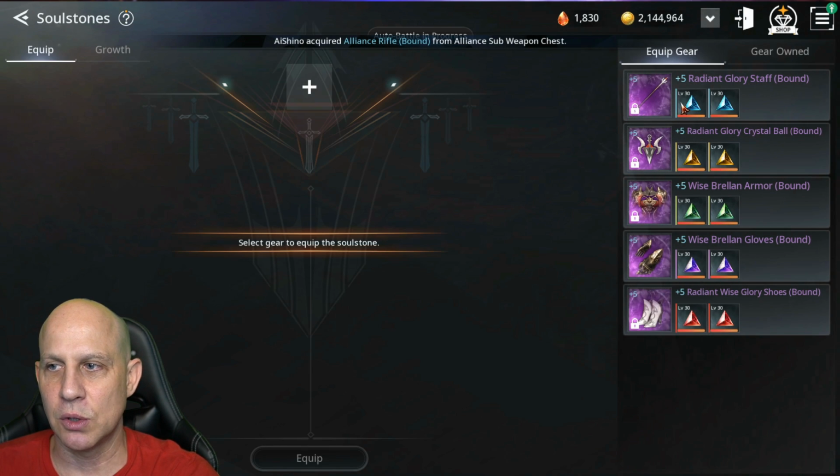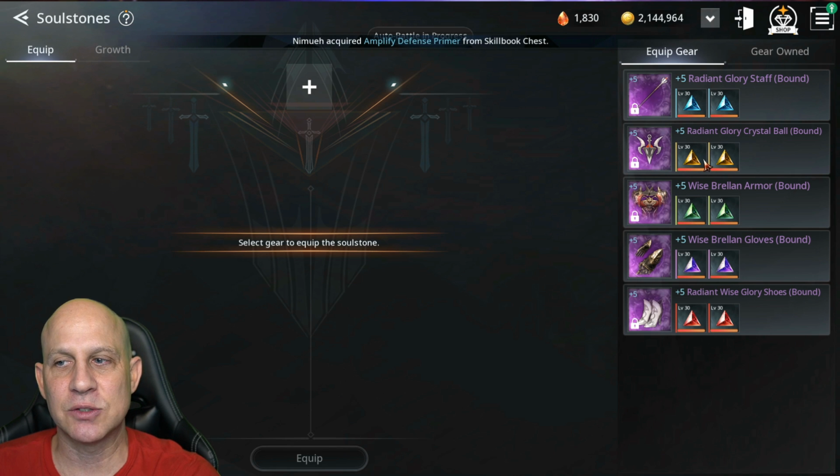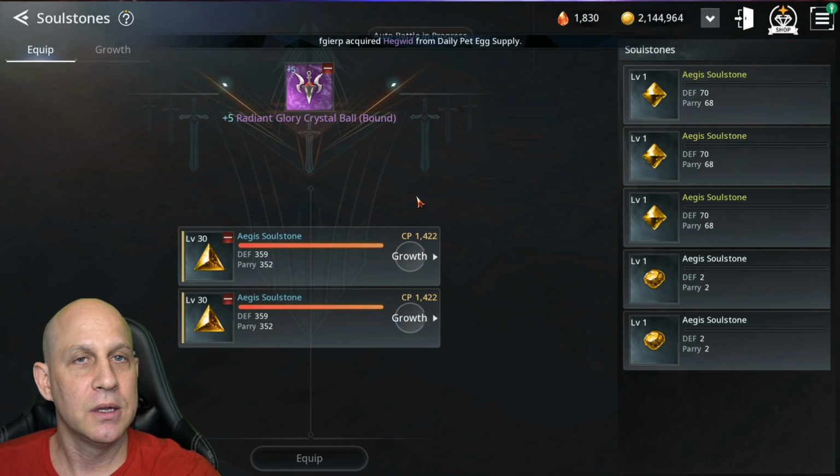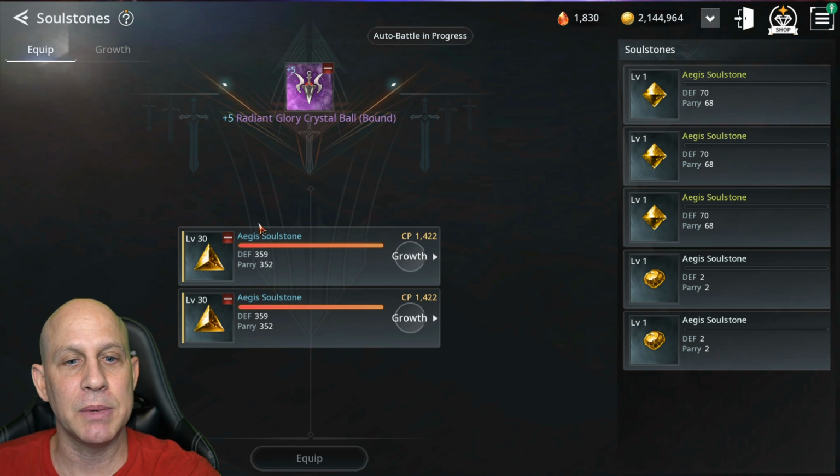So let's go over to our soul stones. Soul stones, stay on top of these right away. You can up them, you can remove them right here. We can remove them from this gear, so don't worry about it. Just keep increasing them, and then you can remove them at any time to add them into any new gear